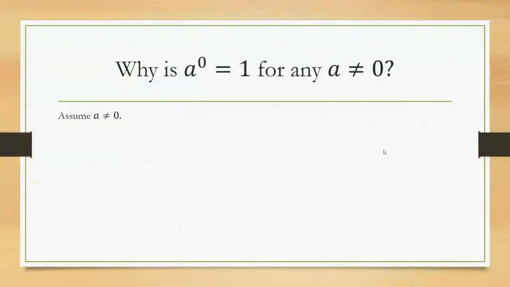Okay, now I said I would prove a to the 0 is 1, if a is not 0. Well, I'm going to do that now. So let's assume a is not 0, okay? Well, since a is not 0, I can write this. You take any non-zero number, divide it by itself, you're going to get 1. Okay, that's cool. One of our earlier slides informed us that a to the 1